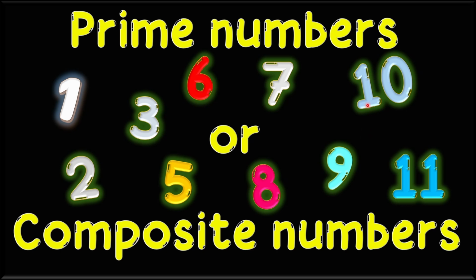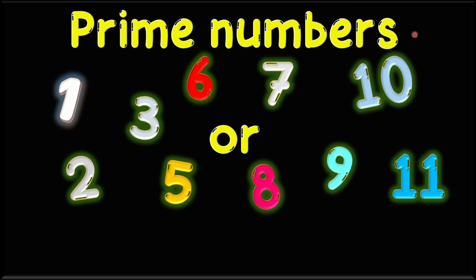Let's get started. Prime and composite numbers are useful to understand how many numbers are built and broken down. They help us in factoring numbers, finding the greatest common factors or GCF, finding the least common multiple or LCM, simplifying fractions, cryptography, and solving higher math problems like algebra and number theory.